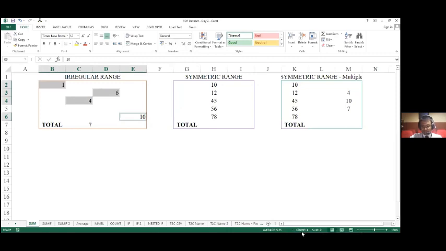That is what is meant by count. I've selected 4 cells. The sum of the values in these 4 cells is 21, and the average of these 4 values is 5.25.